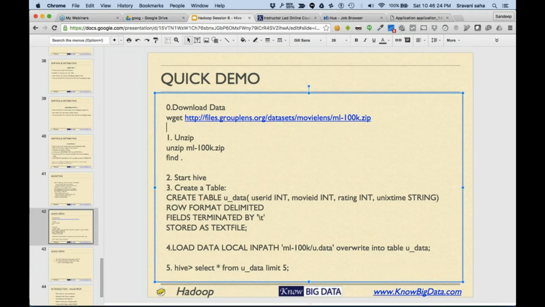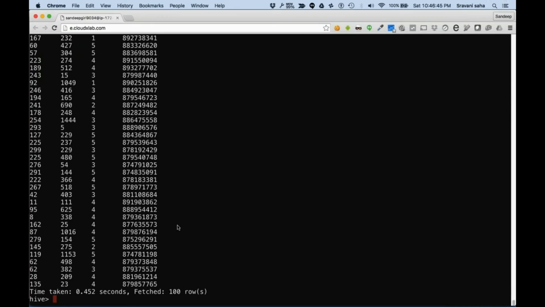Those who are curious what is in this file: it's basically the movie ratings. It's basically the movie data. It has user ID, movie ID, ratings, and Unix timestamp. In one of the examples when we talk about Mahout, we'll be using the same data again, but a bigger data set. Right now it's 100,000 ratings of movies by different people. Here it says user ID, movie ID, and the ratings given by user ID 11 to 111 at this particular time.